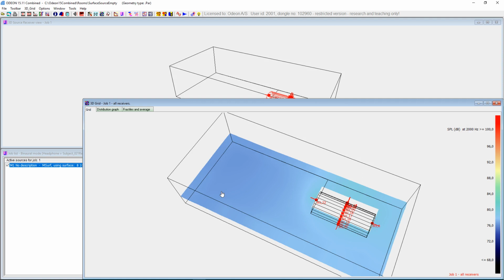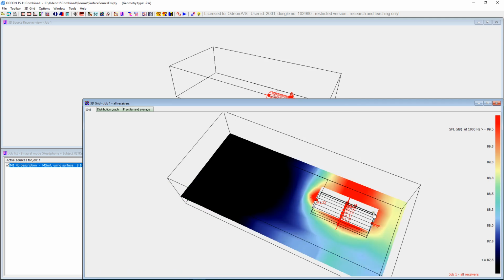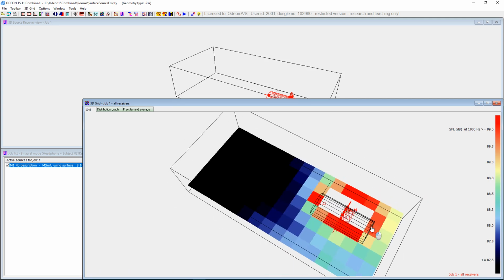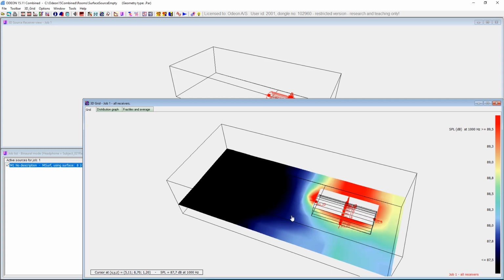I can also press Alt O to optimize the color range, and here you can see now it becomes more nice looking in terms of colors, but might not be a relevant scaling really. In case you need manual scaling, you can also set that in the room acoustics parameter list, but that was really all I wanted to say about defining a surface source, and you also got the chance to see how we make calculations and how it renders a nice